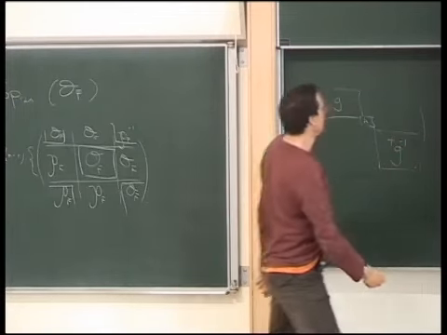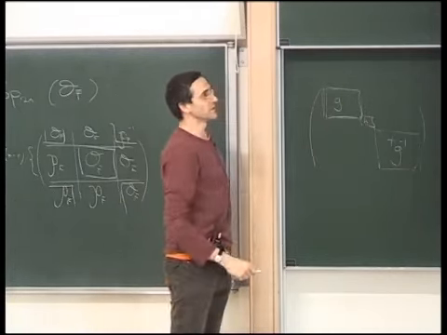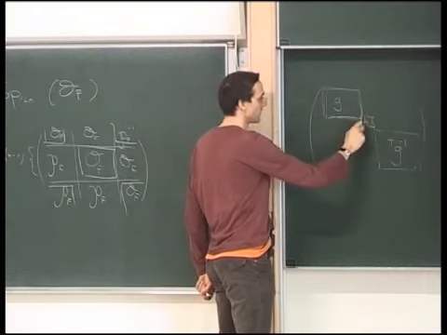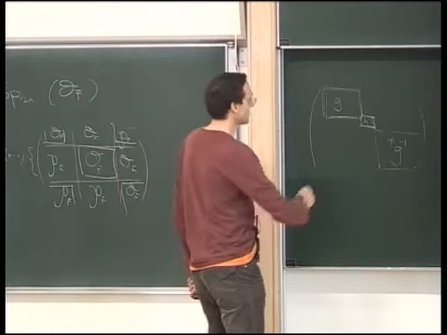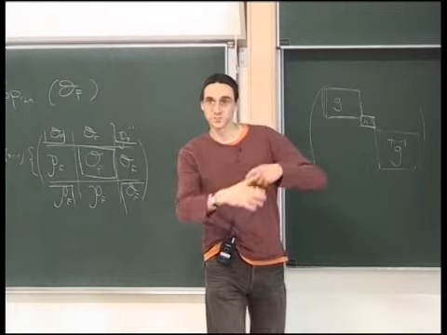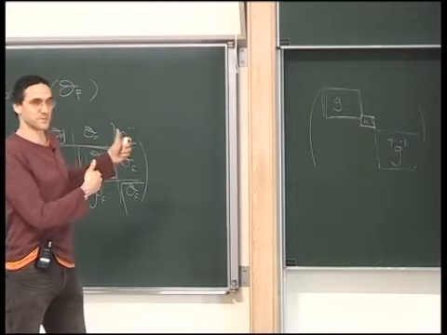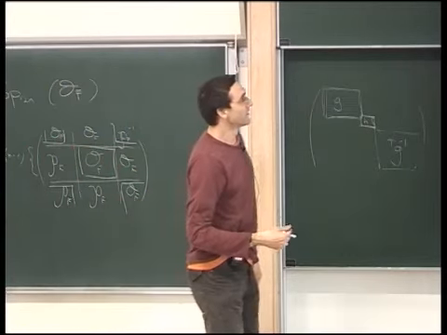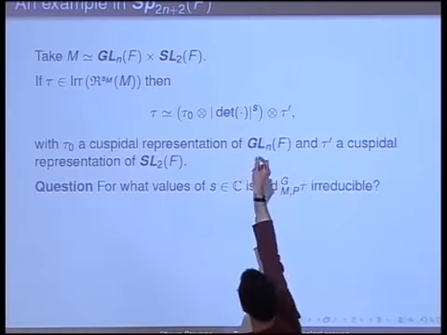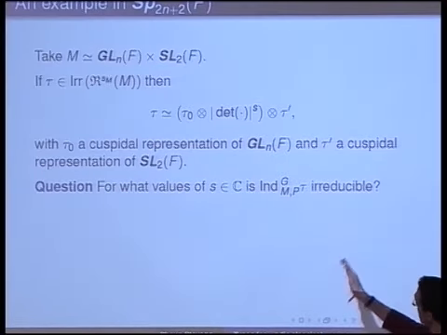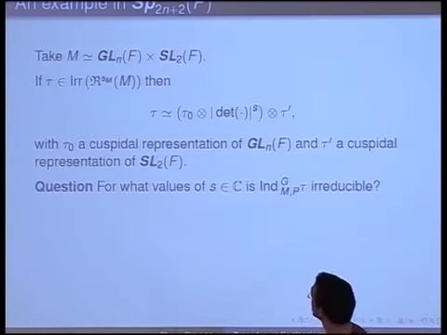form written here. So I take τ0, a cuspidal representation of this piece, and τ', a cuspidal representation of SL2, and then all the things with that support are given just by twisting by unramified characters. SL2 doesn't have any unramified characters, but for GLN, we saw that they're just given by the determinant, the absolute value to some complex power.